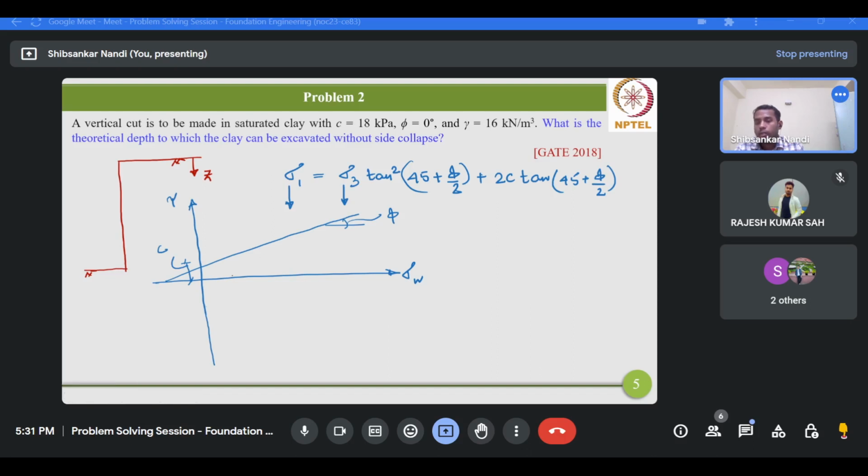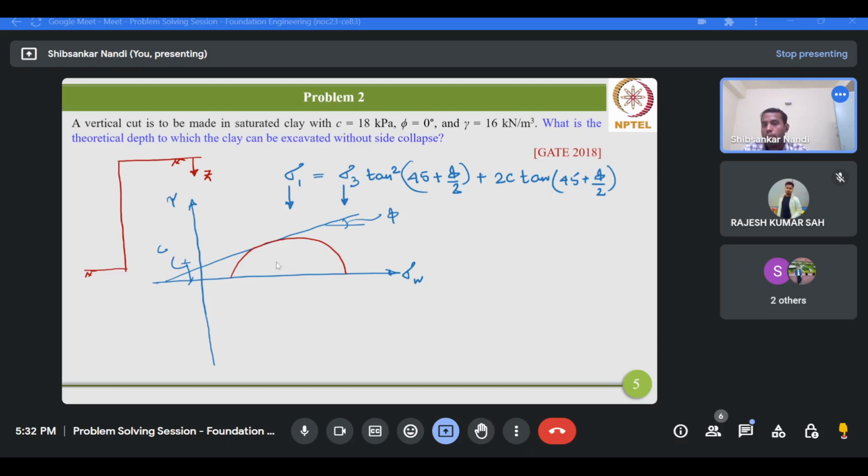Now, you know that after performing a laboratory triaxial test, you can determine this envelope first, and from this envelope you can determine the values of C and phi. For that you have to perform a series of triaxial tests, or at least 3 triaxial tests. Now after performing these triaxial tests, you have to plot the Mohr circles,